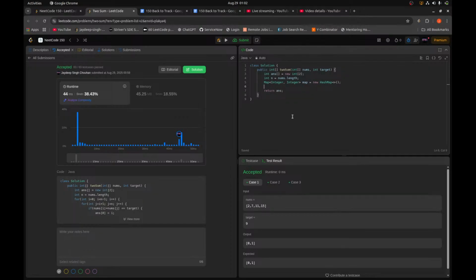Right, and after creating this hash map, what we will do, we will just basically start iterating: for int i equals 0 to i less than n, i plus plus. And then what we will do, we will just check if map dot contains